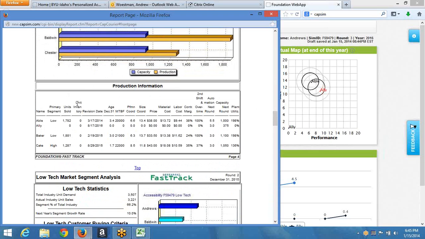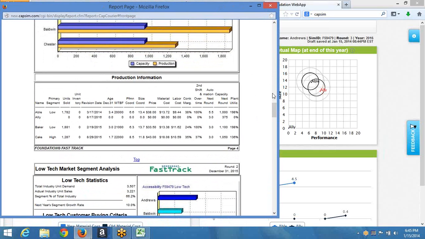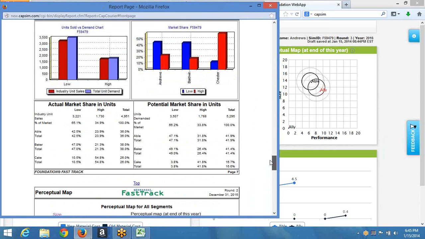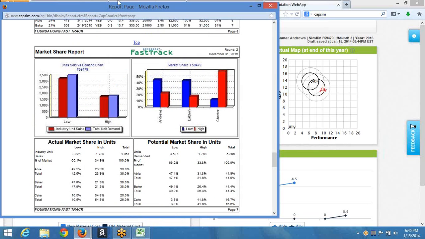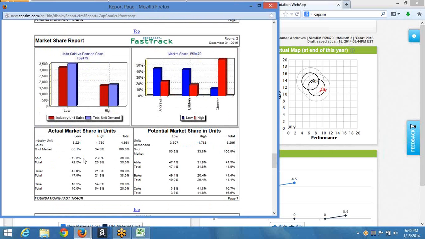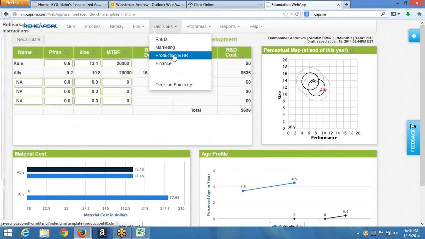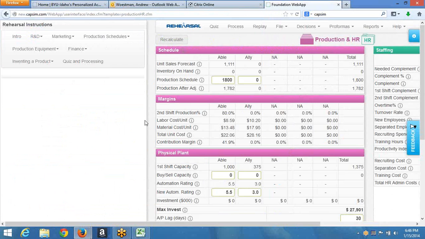But we still sold out. So we probably could have sold more. So what are we going to do? We're going to start right over again. We're going to look at our actual market share, and then we're going to look at our potential market share. So we actually did 42.5% of the low tech is what we took. We actually took 23.9%. We could have taken, though, 47% of the low tech and 31% of the high. So we totally undershot. But we didn't have the production in order to make that, in order to sell that